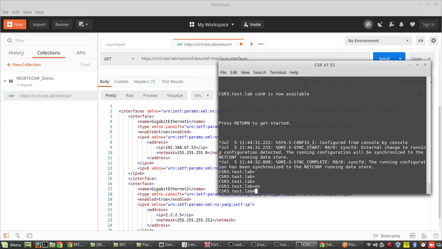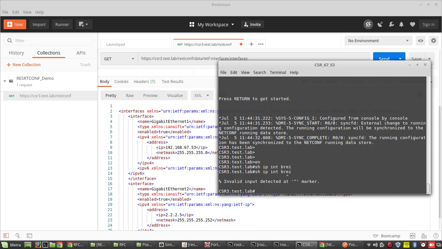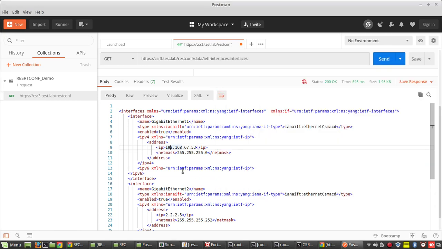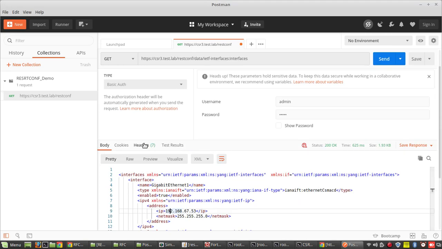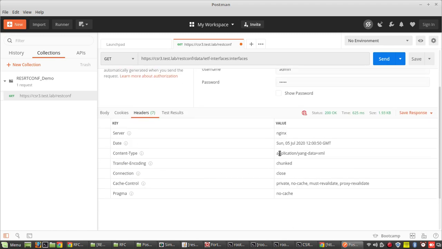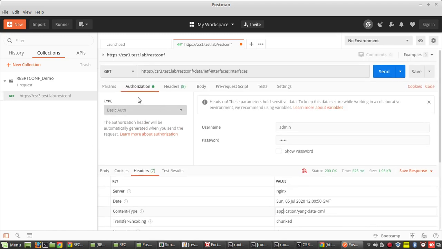If we execute show ip interface brief, you can see the interface name, and it is coming in an XML format. And if you see the headers of that, it is sending it in a YANG data plus XML format. But if you want that in JSON format, what you can do,